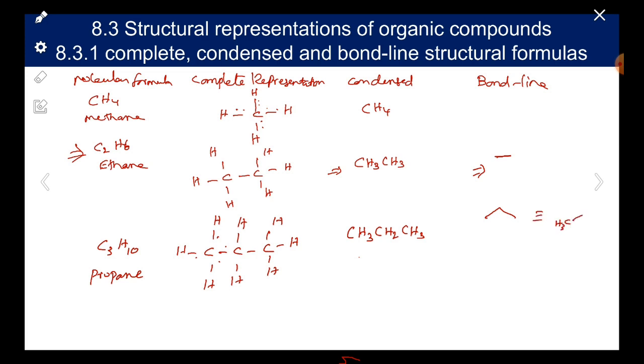CH3, CH2, CH3. Okay, and this one is equal to CH3, CH3. So when you write any reactions in the examination, never ever make a mistake to put a dash like